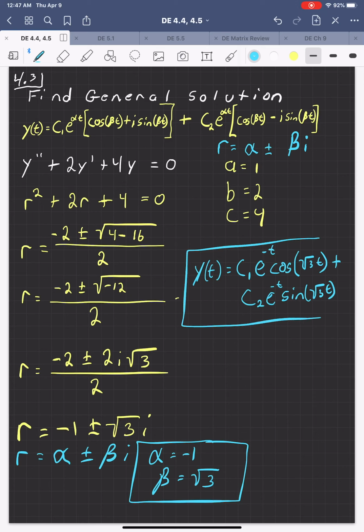All right, so what I'm boxing in right now, let me just bear with me, make sure I didn't write anything silly. So, yeah, what I'm boxing in right now is the general solution to this problem, and this will be the last problem from 4.3. So in the next video, I just want to give you an idea of where we're going, right? Because now that we're done with 4.3,